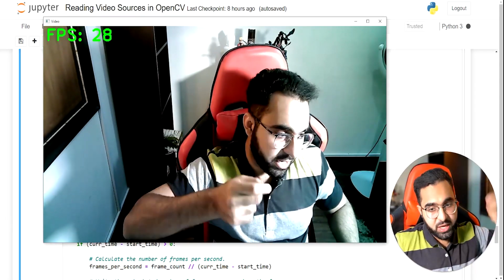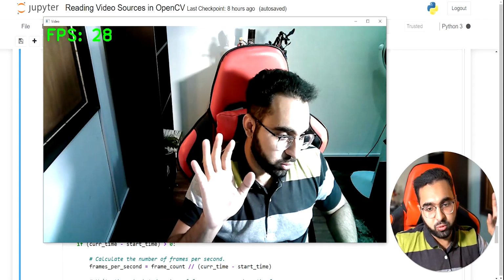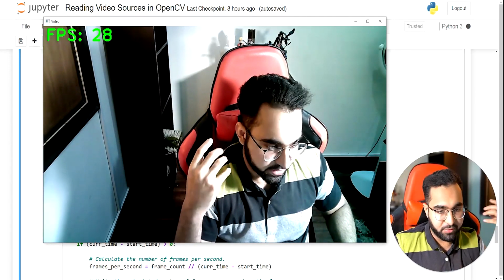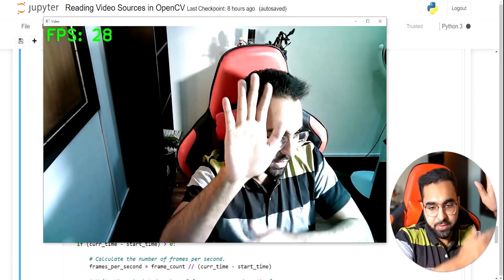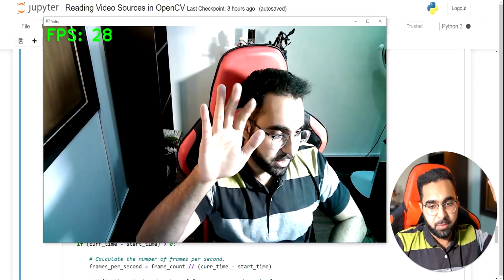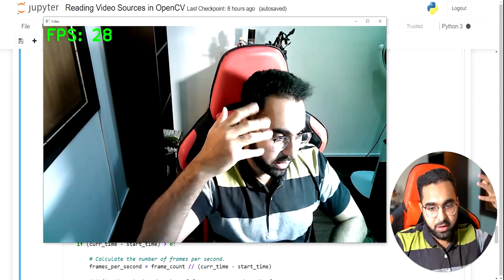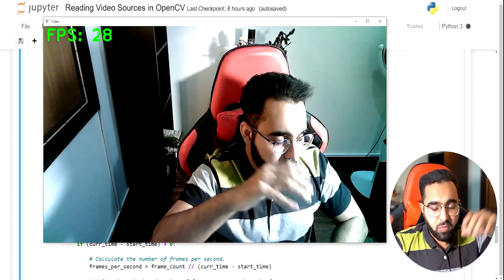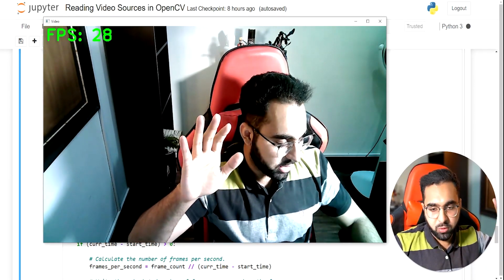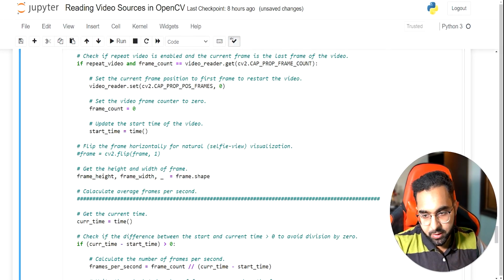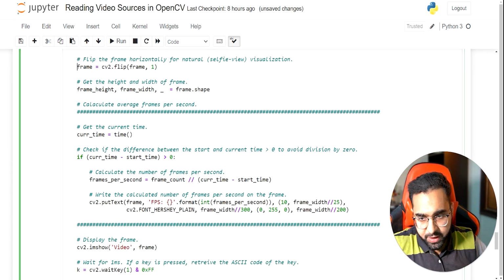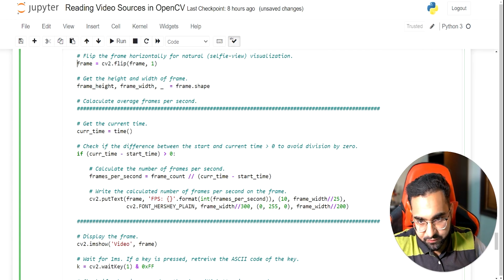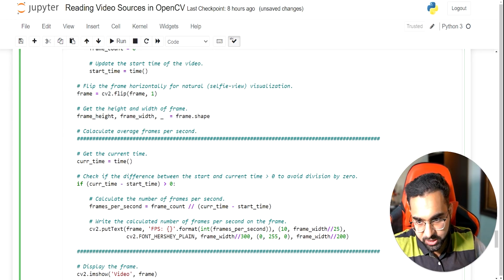If I'm working with an OCR application, this is how I want the video feed to be, because if I have text and I show it to the camera, the text would be read properly with this sort of feed. But if I'm not working with OCR and I do not have to detect or recognize text on the screen, I don't want this sort of an interface. I want the video to be laterally flipped. So this is why I call this function cv.flip to laterally flip the video. Then I'm extracting the width and the height of this video by calling frame.shape.